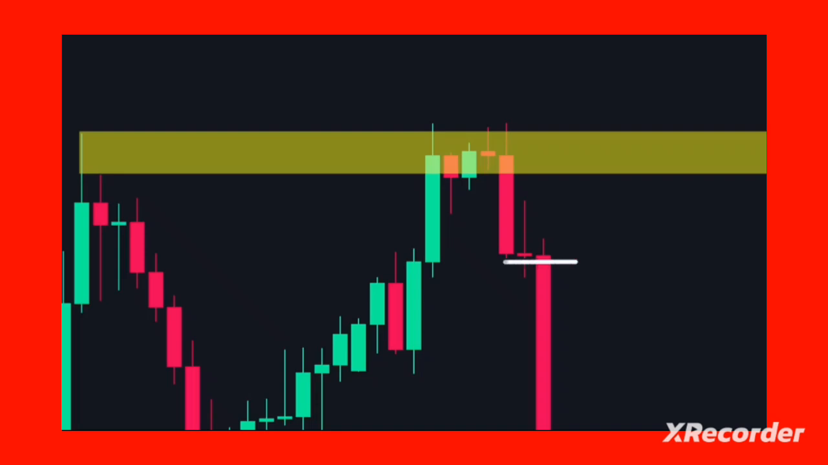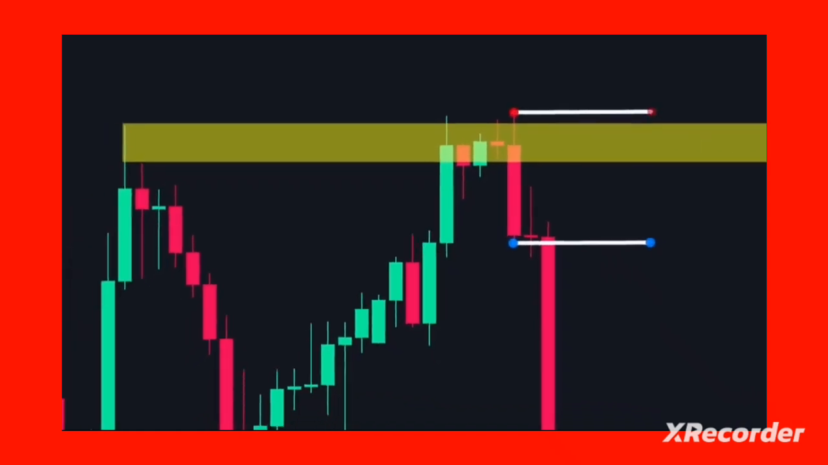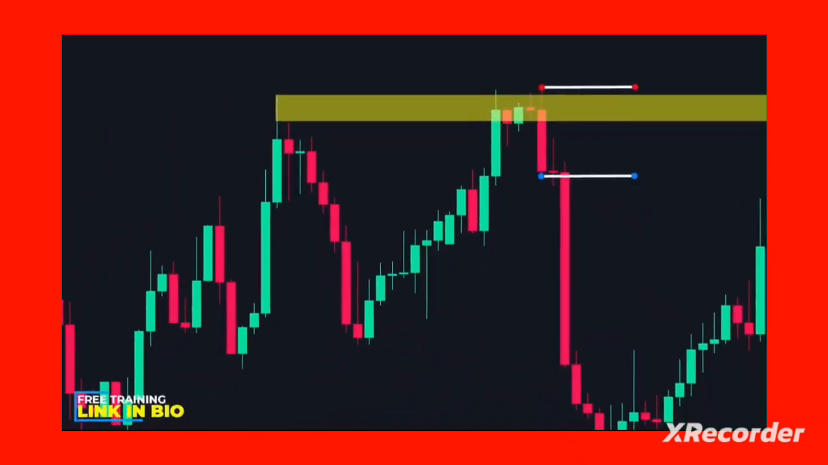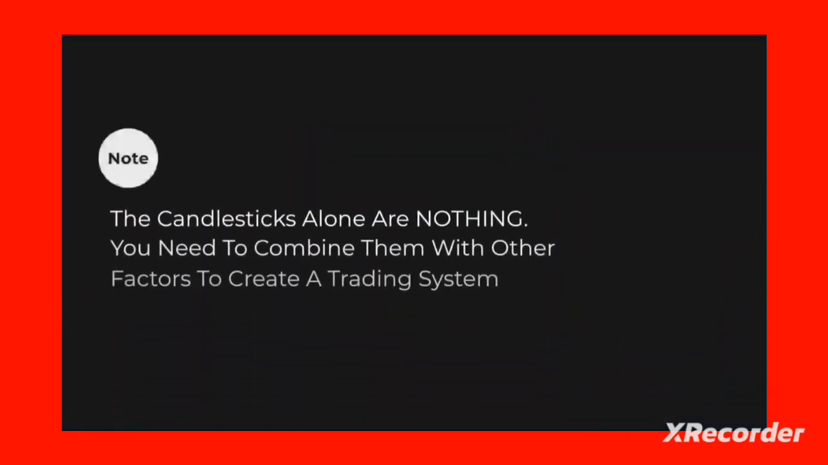So we place a sell trade at this candle's low and set our stop loss above the high. For our targets, we can target these two lows. And as you can see, the price achieved our targets. I hope you have now understood how to use these candlesticks for your trading. Again, the candlesticks alone